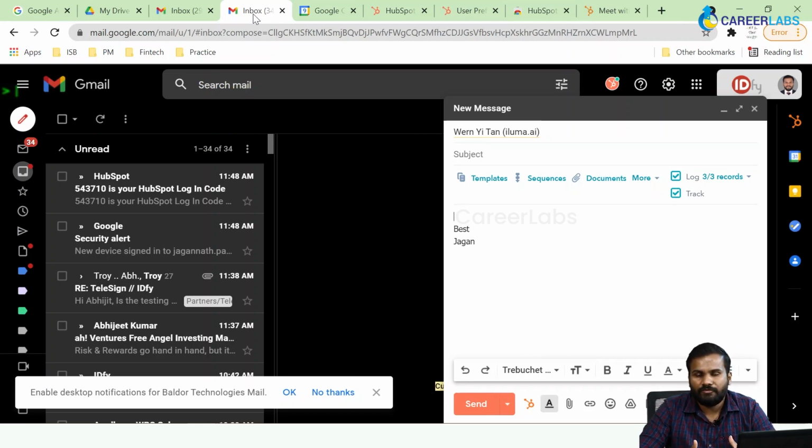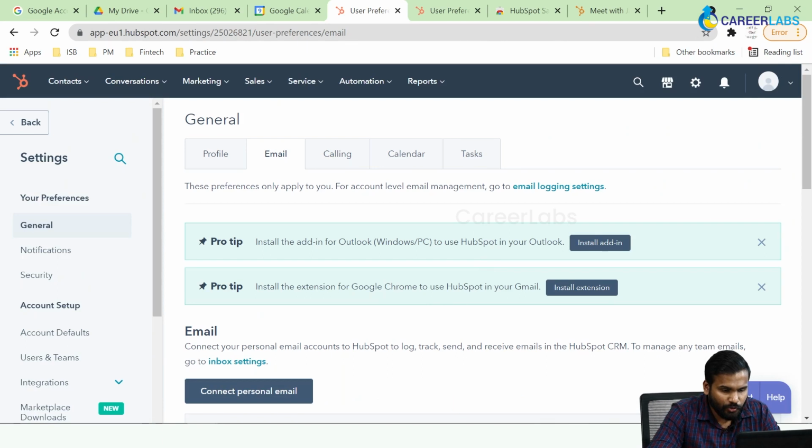Also, you can have multiple configurations as part of sending these sequence emails, wherein say my sequence is originally 5 emails, but the moment my contact or my lead responds to the third email, he will no longer receive the fourth and fifth email, because now he has initiated a conversation. Therefore he'll be automatically unsubscribed from the sequence, and I can now have more one-to-one conversations with that particular person. So in this way, different features of HubSpot should be leveraged once they are connected with your Gmail account. So this is how you automate or link your HubSpot account with your email.